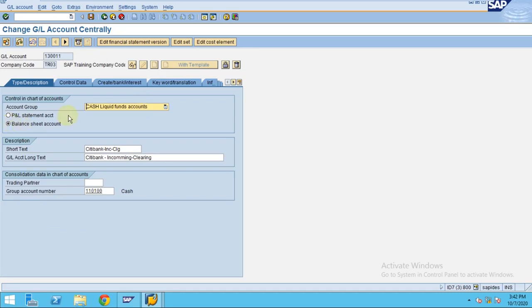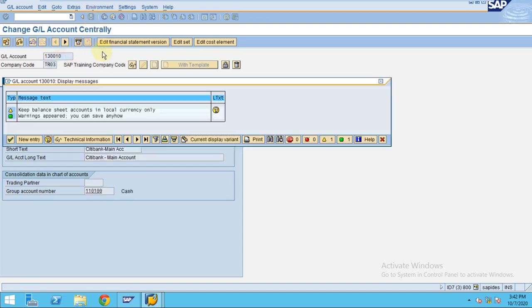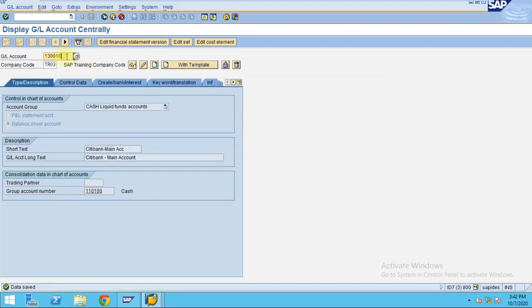Oh, okay, actually I didn't choose. Let me change that also. Sorry about that. It should be a balance sheet account. It should not be the P&L. Okay, so now